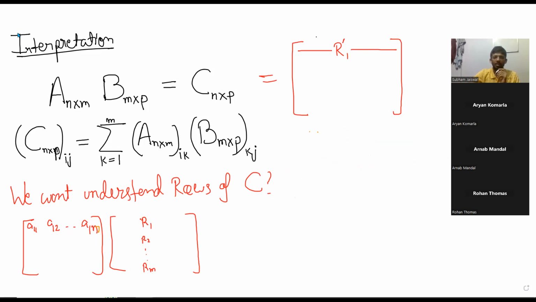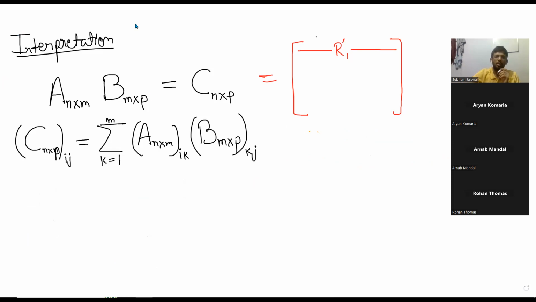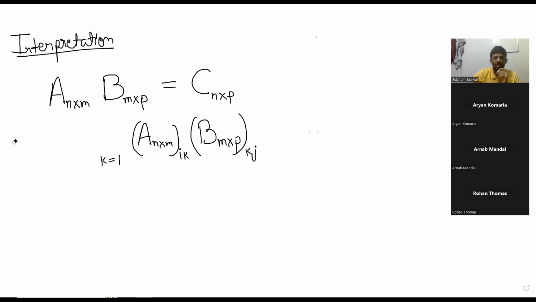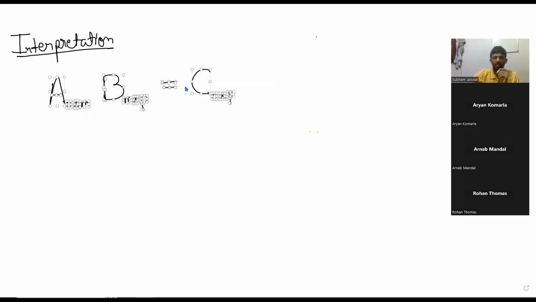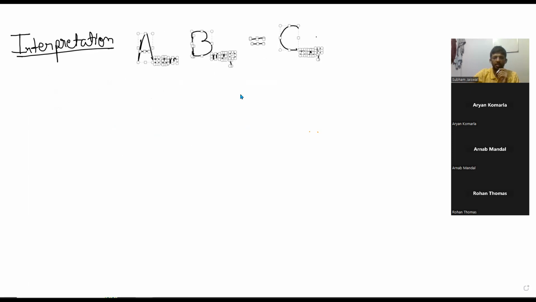So maybe I can erase this. Now, what is row reduction? Row reduction again can be motivated from system of equations, but let me not say it like that. Let me just directly say what row reduction is. But before that,